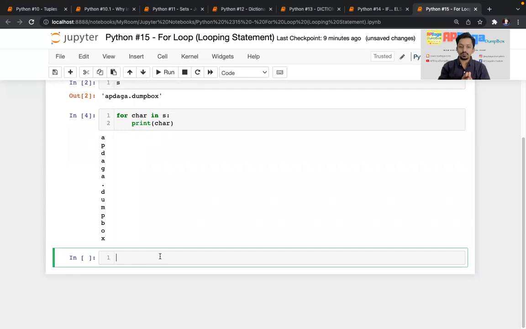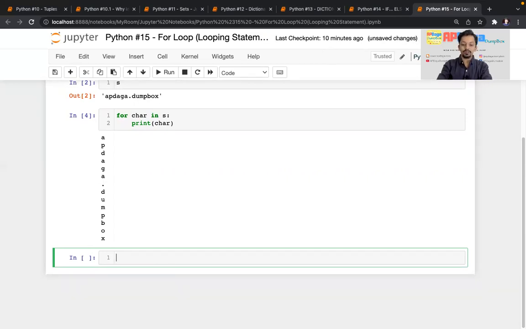Similarly, I have shown it to you using a string, but the same can be done using a list, a tuple, a dictionary, and a set. It might be a little bit different, but for list and tuple it is exactly the same. I'll show you how.